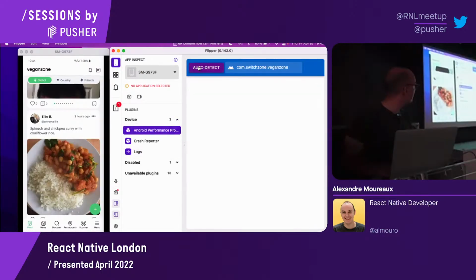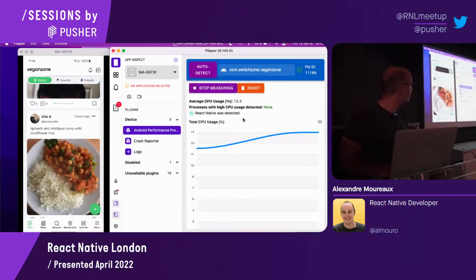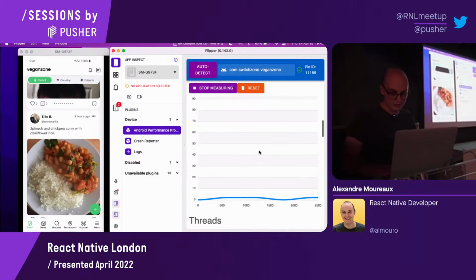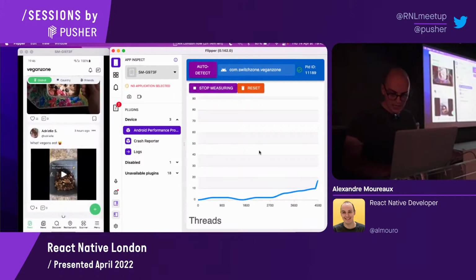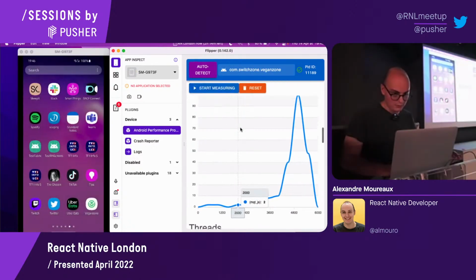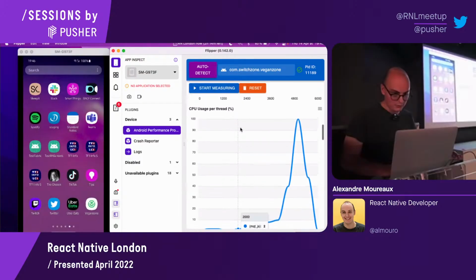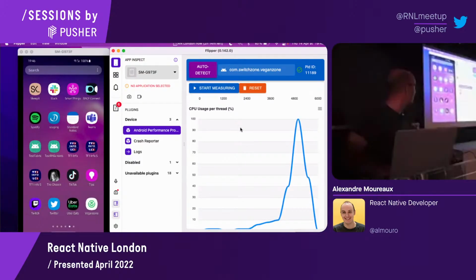Okay, let's go at it again. Start measuring. Okay, there you go. And yeah, I'm sorry. I prepared this and it was not doing that. I wanted to say actually that the scrolling was kind of nice and the CPU was not going up so much. I don't know what happened.